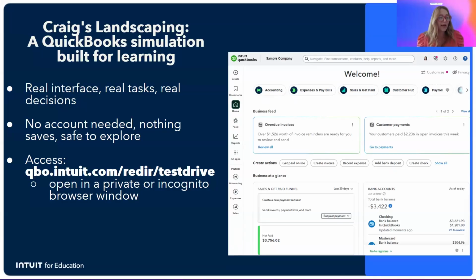Nothing is saved permanently and no account setup is required. So this is for all of the people that were asking about collecting data, you don't have to worry about any of that because nowhere in Craig's landscaping are they asking for the student's email.